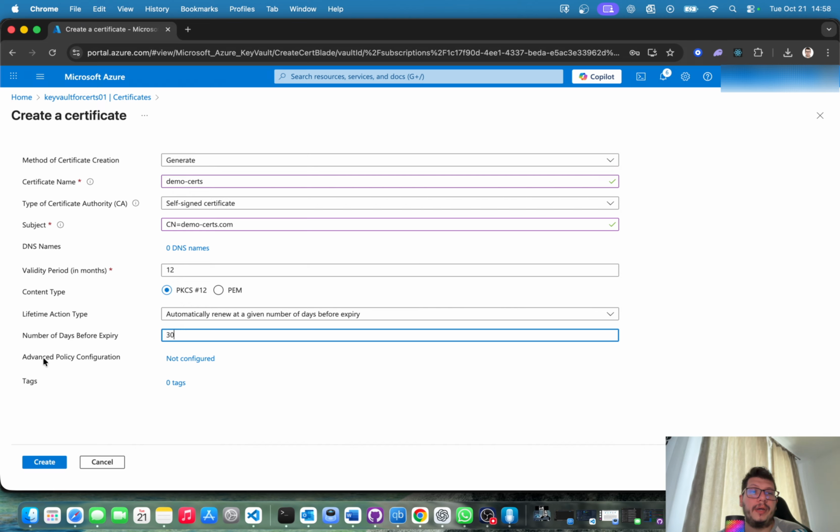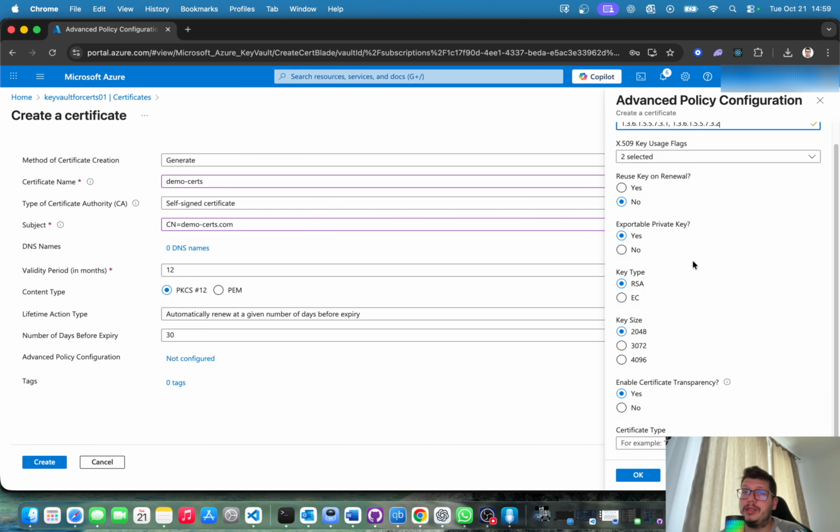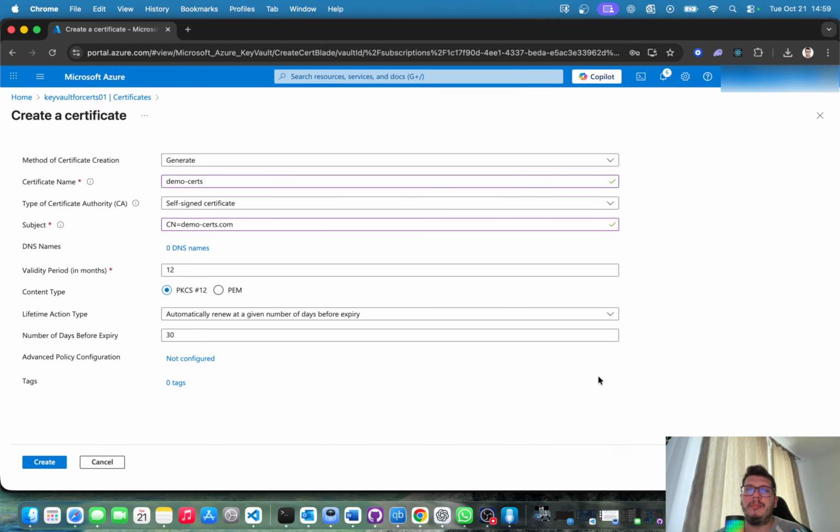The most important part is right here when we go to advanced policy configuration. Don't get scared. I know there are a lot of options here, but the one that we really care about right now is this exportable private key. This is really what we care about for our intents and purposes right now, that being able to completely download the entire certificate, not just the public side or the private side, right? Because